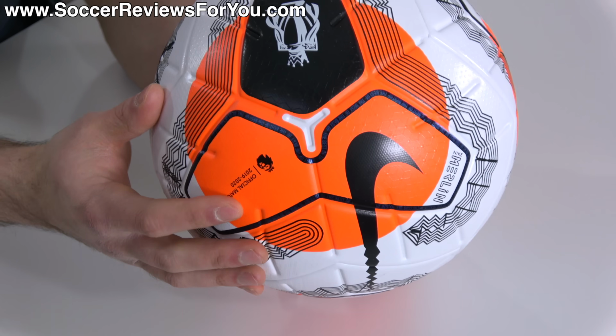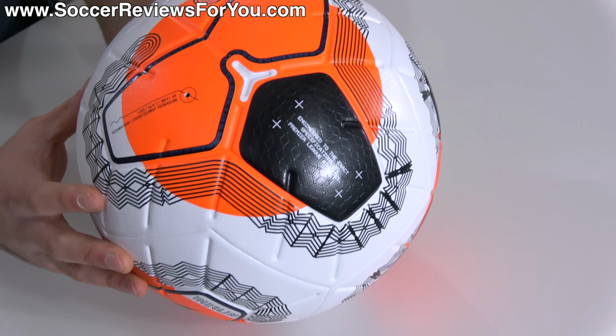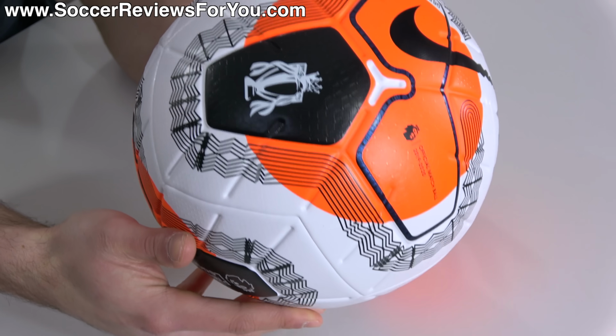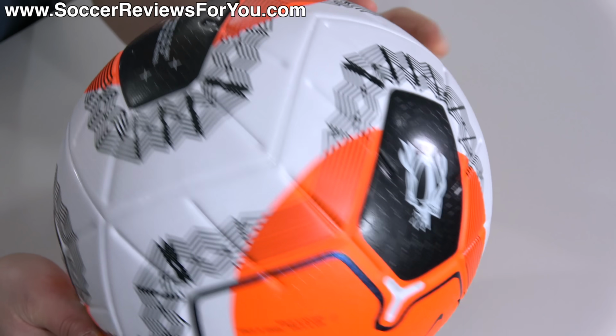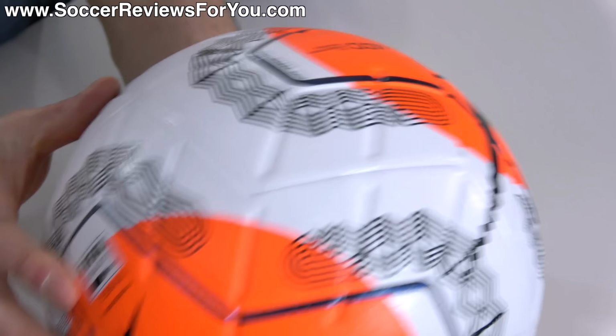Now, historically, the ball to finish the Premier League season has always been a bright yellow high-vis variation, which we did already get this year, but it looks like for the end of the season, as winter is coming to an end, they're going to transition back to white, but still have a super bright high-vis element in this bright orange circle. Of course, some of the panels have been blacked out, and you'll notice very distinctly you have the